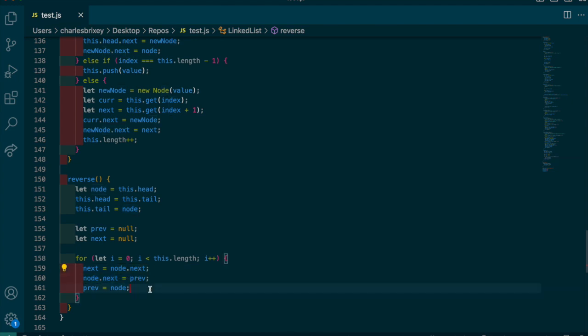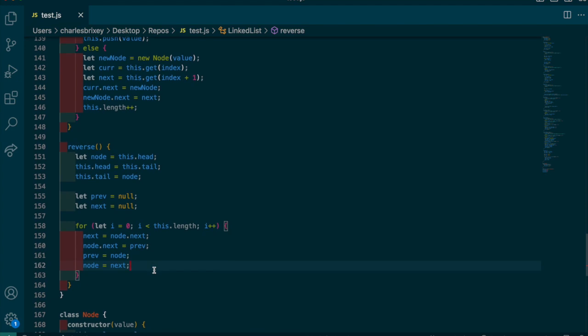Node, again, is going to be the previous value of the .next value. This is where it gets kind of confusing for me. And then finally, we're going to reset node so the list continues to travel. We're going to set it to node, or sorry, we're going to set it to next. So it kind of makes sense. You're keeping track of the next value, which is initially the head, because node is set to this.head, right? So you're keeping track of that next value. Then you're actually physically changing the linked list and then setting node.next to prev, and then you're setting prev equal